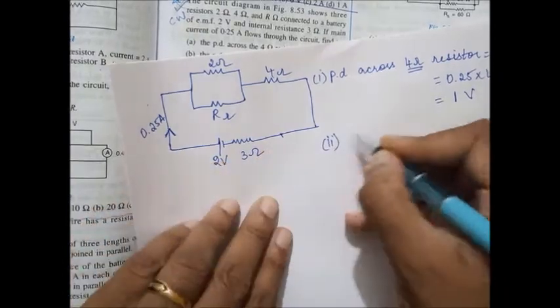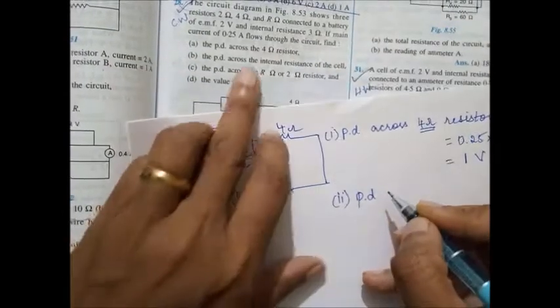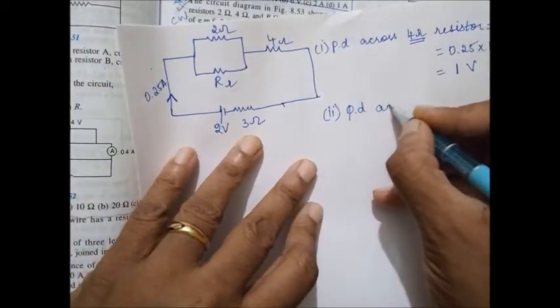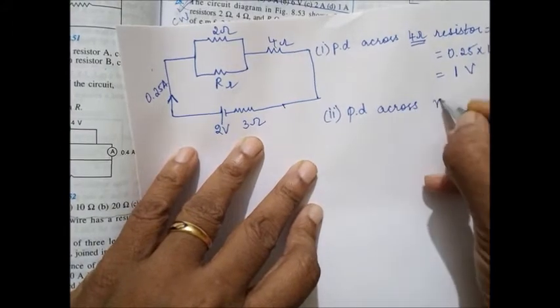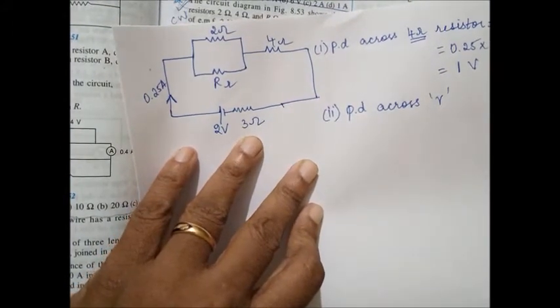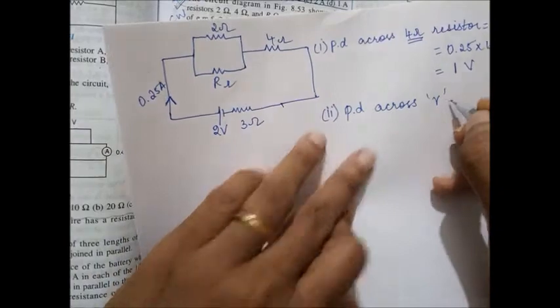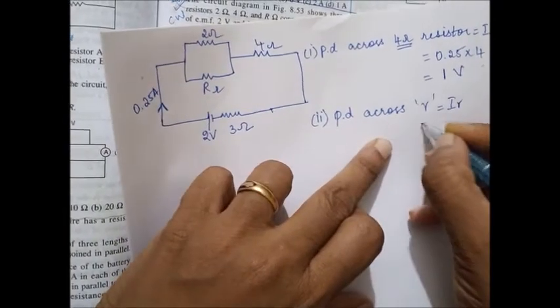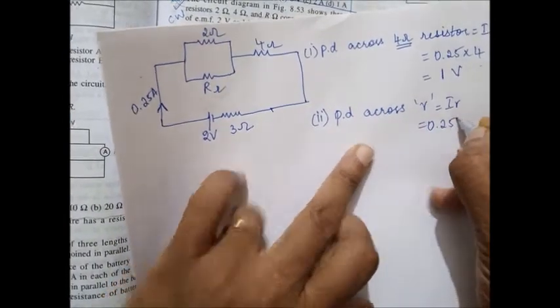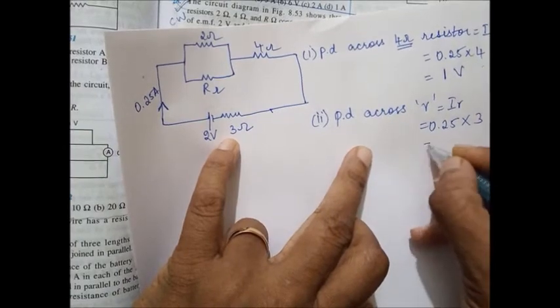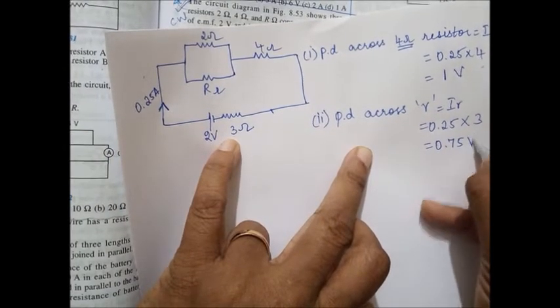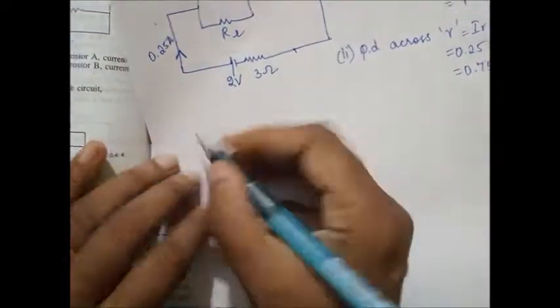Second one, PD across internal resistance. So PD across small r, that is potential drop basically. I into small r, 0.25 into small r is 3, that is 0.75 volts. Third one,